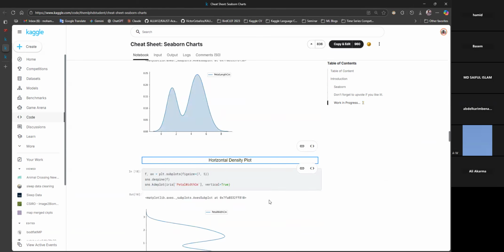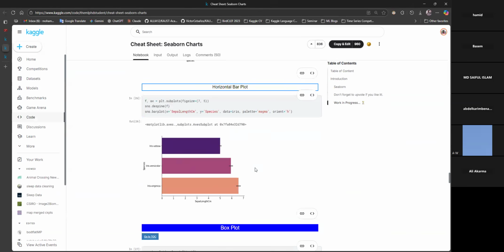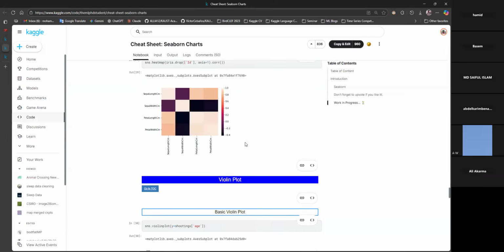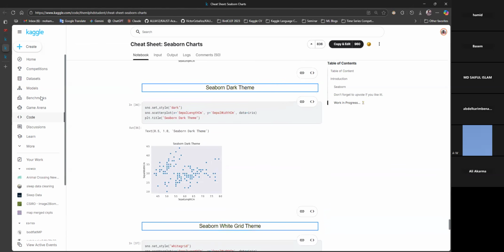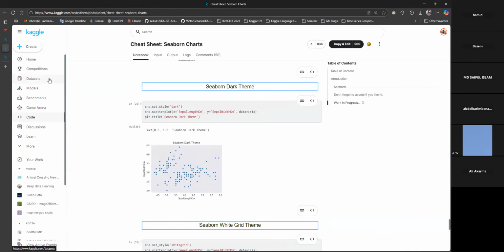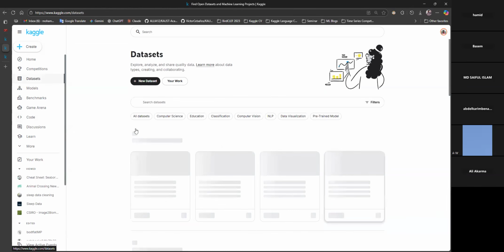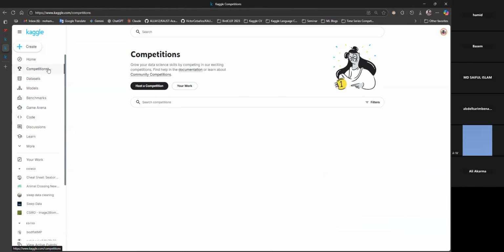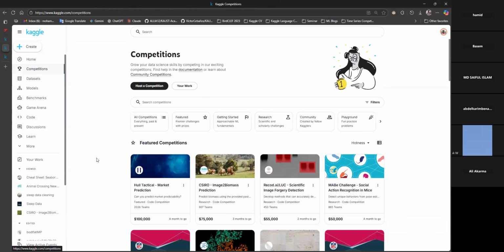You see, so much analysis is done here, okay? And sometimes you'll find models actually trained and used to predict something here. So if you want to practice, you can do that on the datasets page. And there are even competitions, and the competitions are maybe the best part of Kaggle, is that in these competitions,